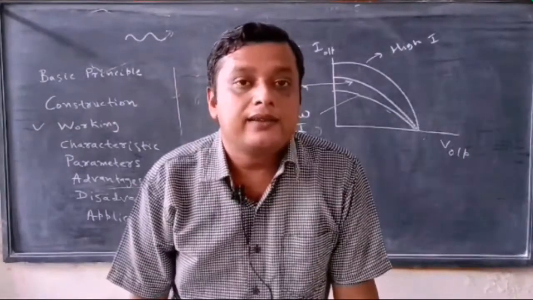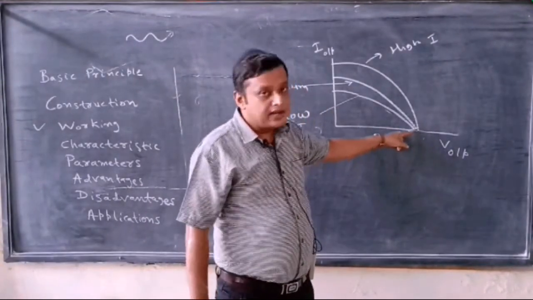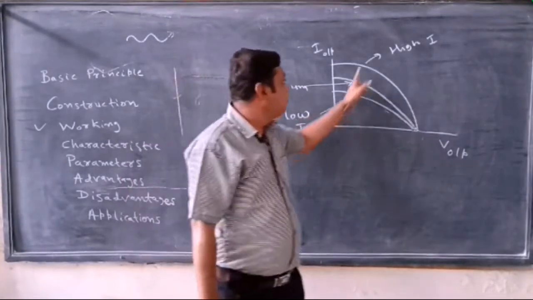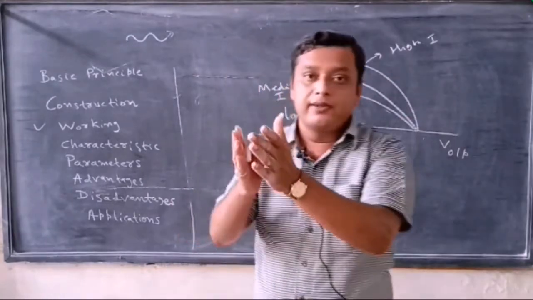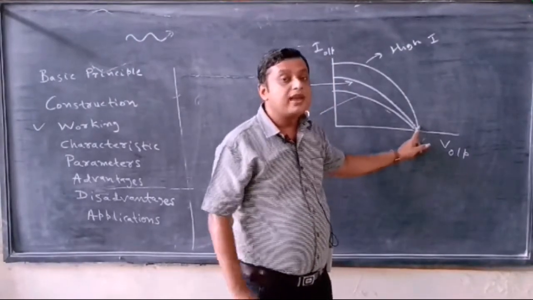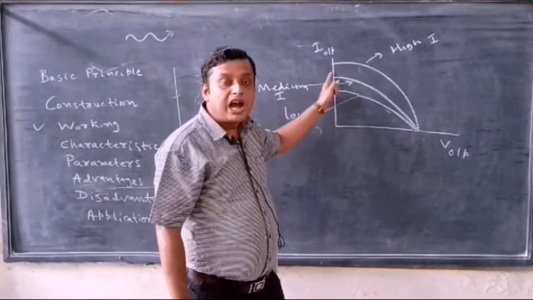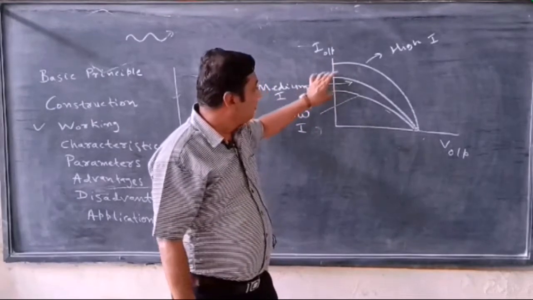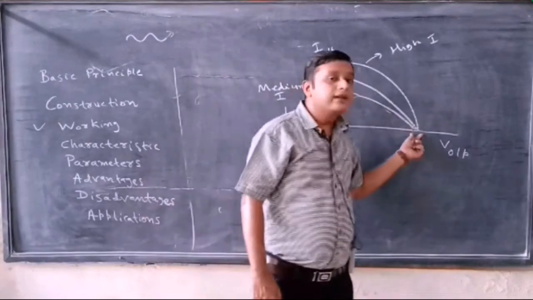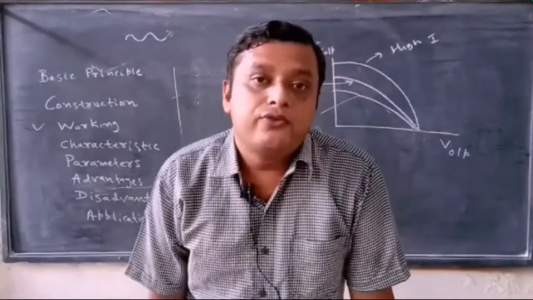But it is clear that the output voltage generated for low intensity and the output voltage generated for a high intensity have only a minor difference. So these are actually near to each other. These are not far away from each other. If I look at the output current, these are far away from each other, but the voltages are nearer to each other. Why am I able to achieve such characteristics?